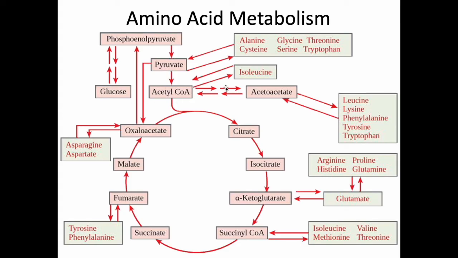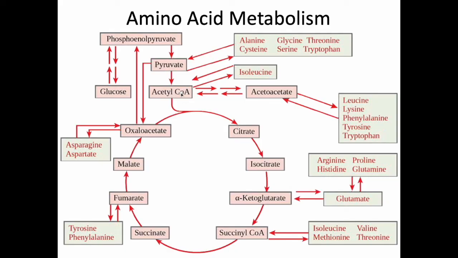Again, this looks crazy, but honestly, this should look familiar. Here is glycolysis, glucose to pyruvate. There's pyruvate oxidation, and here's the citric acid cycle. Don't memorize all of these, but this is just showing all those amino acids are able to enter at some point, depending on how big they are.